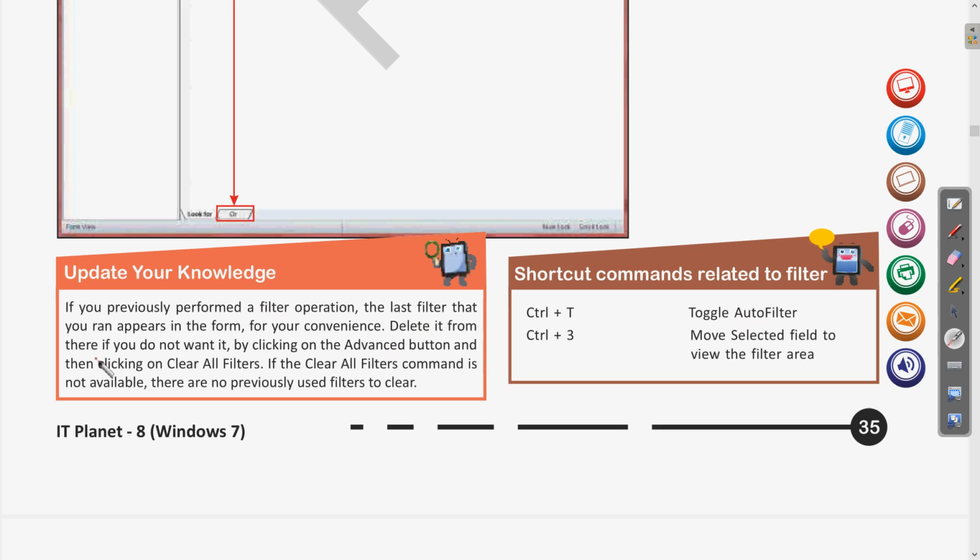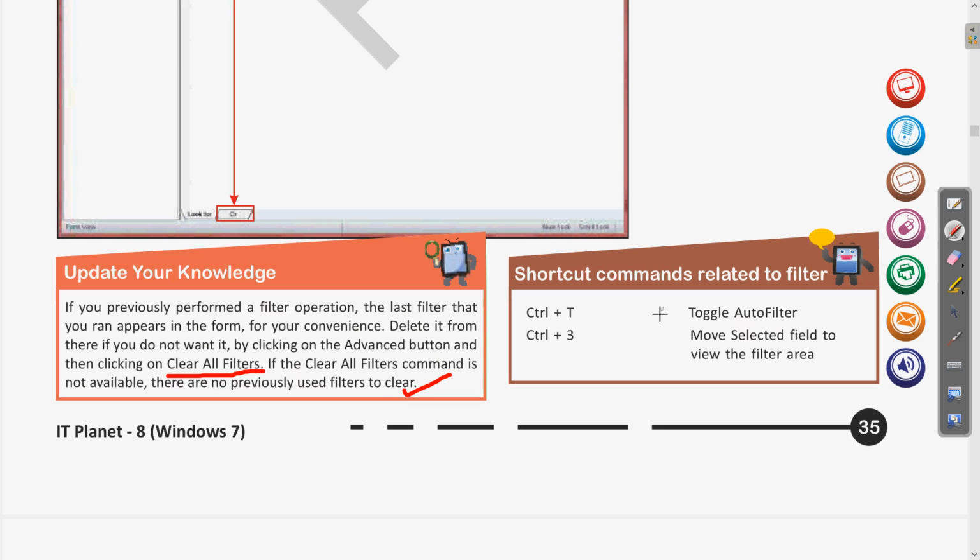Delete it from there if you don't want it by clicking the advanced button and then clicking on clear all filters, which we have done. After performing any filtering operation, if you want to get it removed, we can use the clear all filters option. As we have seen, by that we can remove all the previous filters applied. If the clear all filters command is not available, there are no previously used filters to clear. This is fine, we have seen.